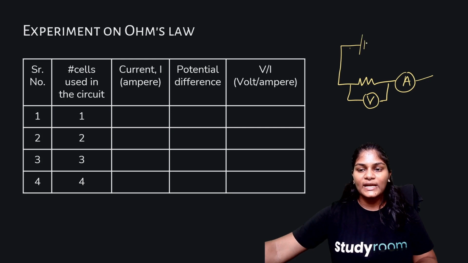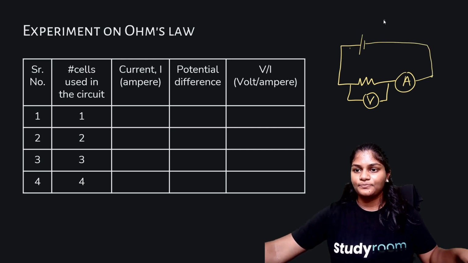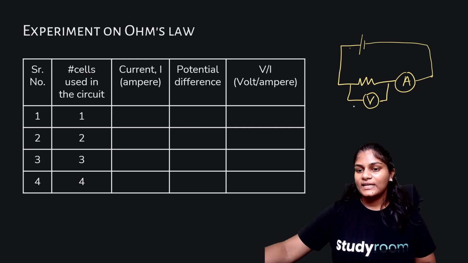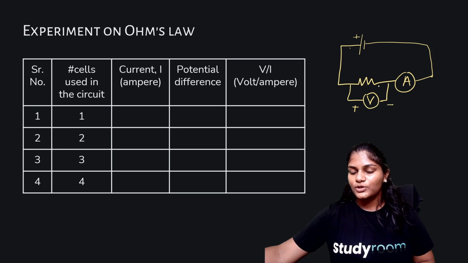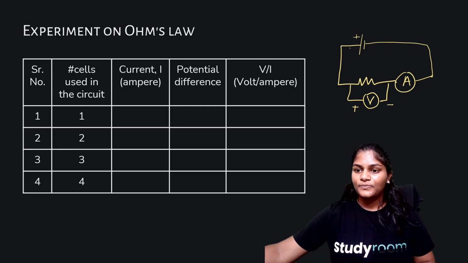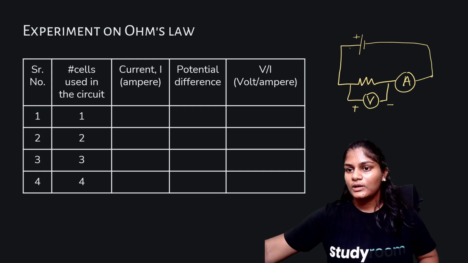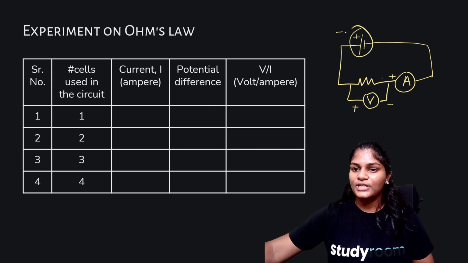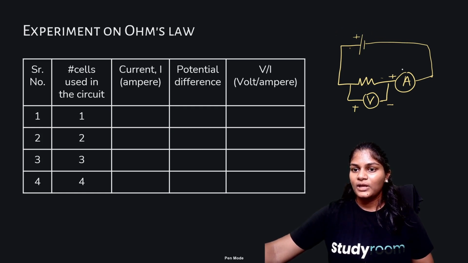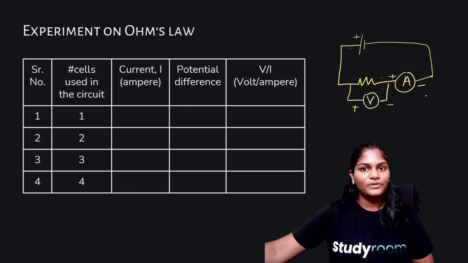So first you just connect one battery. Okay. And like I said, we connect the positive of the voltmeter here to the positive of the battery. You can see that the positive is on the positive side of the battery, and similarly negative is on the negative side of the battery, and this ammeter also, this left side is the positive one, because here on the left side in the battery is the positive terminal and on the right side is the negative terminal, okay. So this is the negative terminal of the ammeter.